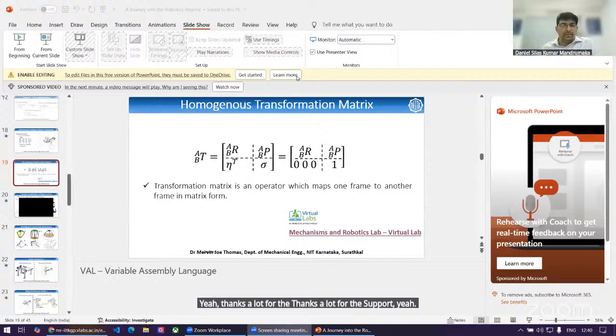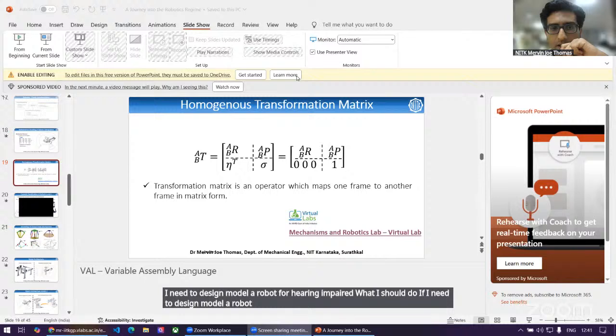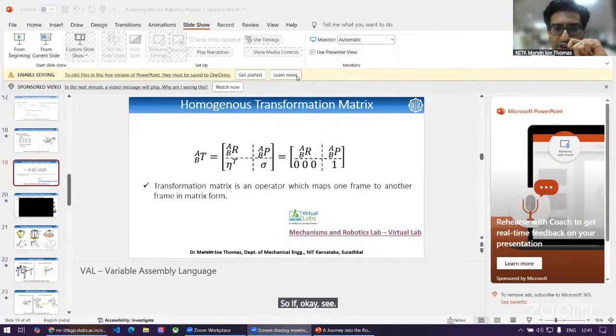If I need to design and model a robot for the hearing impaired, what should I do? Can you give me more clarity on what you mean by that, for the hearing impaired? If you're talking about the feedback mechanism, see,